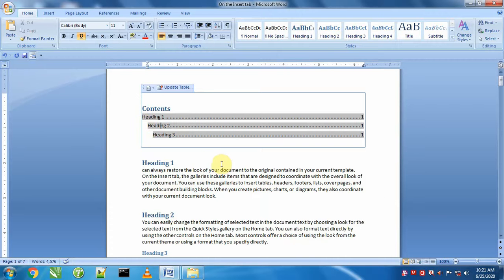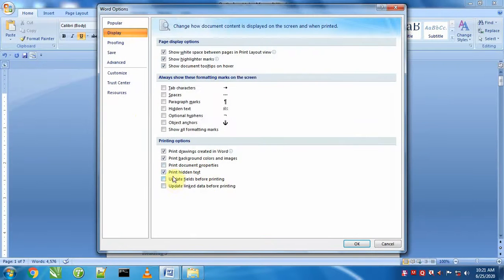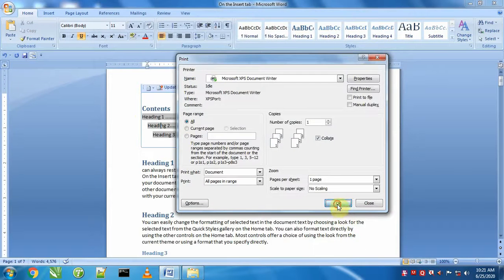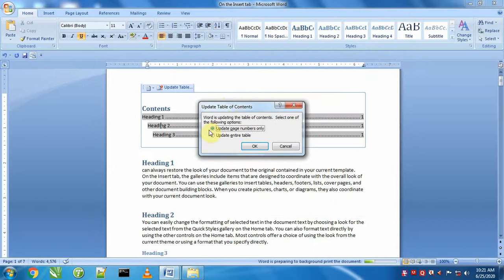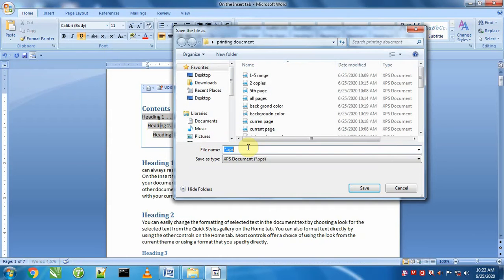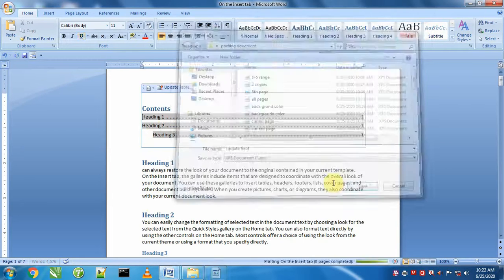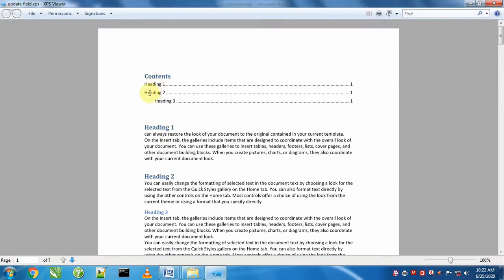So if we press Control P and select this option, update fields before printing, then as soon as I press OK, it will open this dialog box and say update entire table before printing, so that both these heading entries in the index can become equal. We can look here. Okay, both index entries become equal because their heading level is the same.